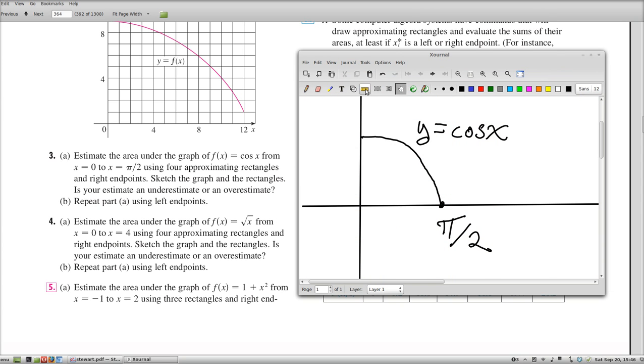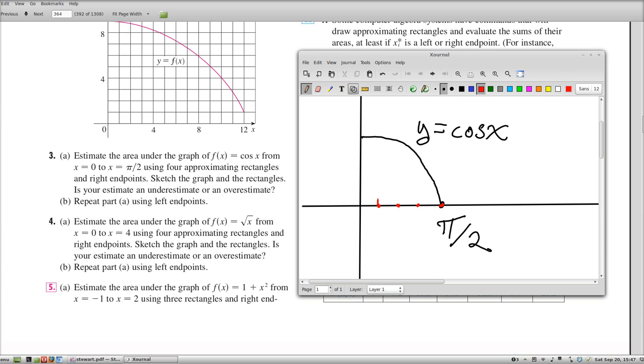So let's make some rectangles, and let me make them in red. So first we're supposed to, whether you're going to use the right endpoints or the left endpoints, either way you want to divide the domain into 4 parts, because it says using 4 approximating rectangles. So 1 part, 2 parts, 3 parts, 4 parts. Okay, and this thing will help me draw some straight lines, hopefully. Let's do the